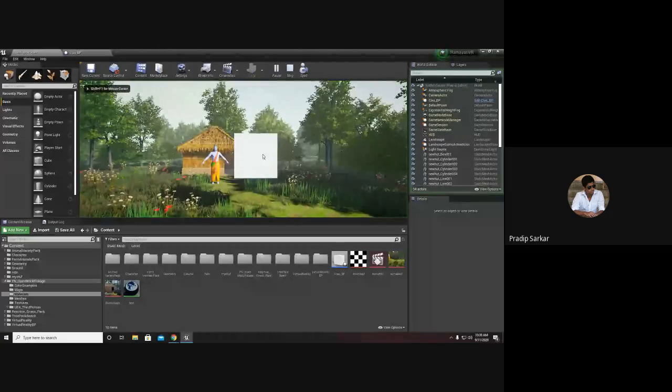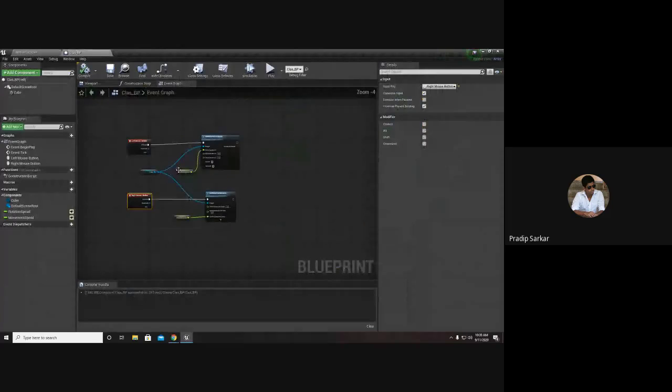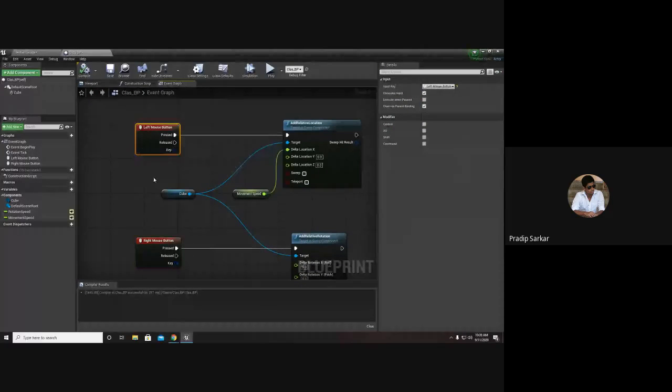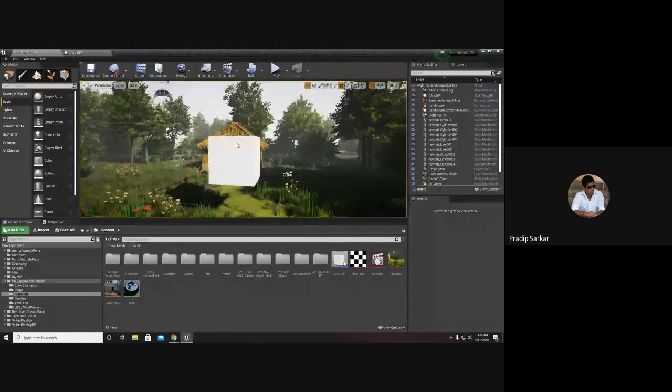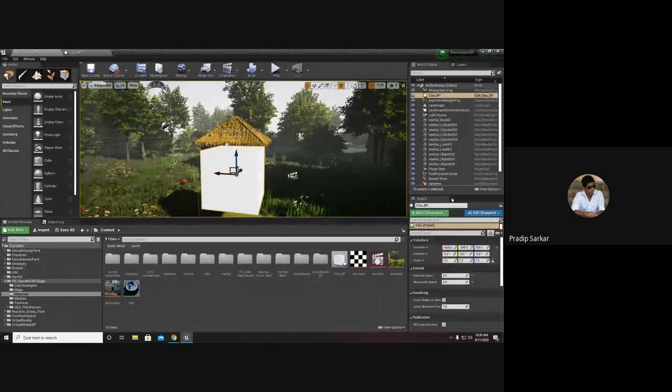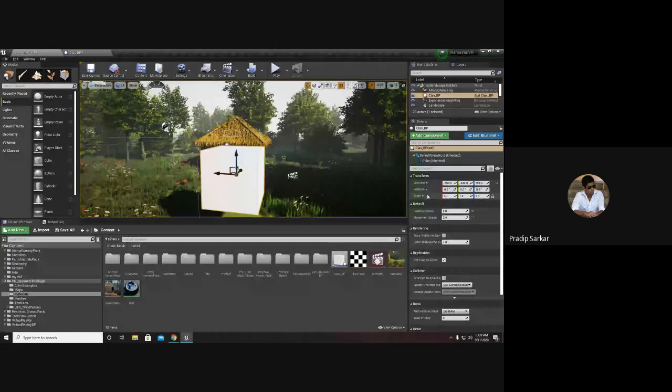If I hit play, now this left mouse button and the right mouse button, these two are inputs. So we have to enable this input for this game object. In the details panel, first we have the transformation, next the default variables that are defined in the blueprint.